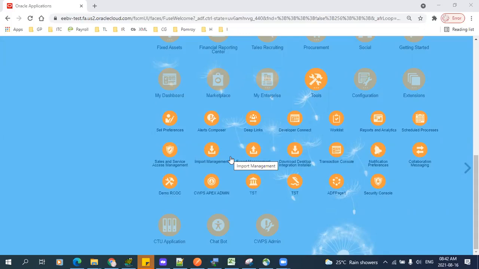Okay, especially for inbound and outbound patterns. If you want to import the data or export the data, you can use this import management and export management in order to work with your UCM server. This is the download desktop integration installer. This is especially for